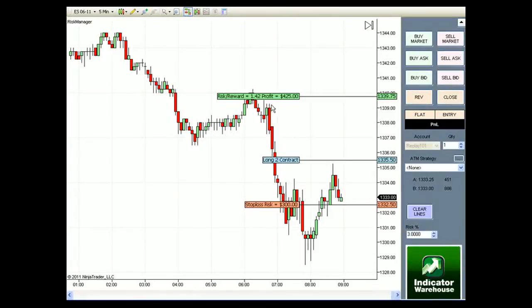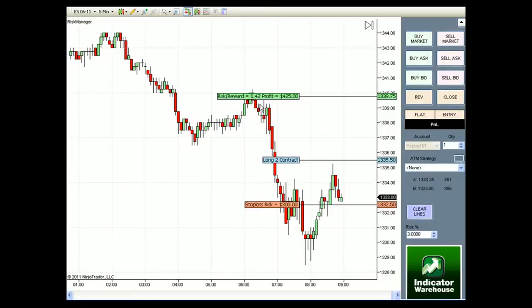So within a few clicks of the mouse, you can automatically see what your risk position is, what your optimal account or position size will be, and your risk reward ratio. In most cases, most traders like to see at least 2-to-1 risk reward, 3-to-1 being a more optimal number. This particular trade, the way we have it set up now, is only going to return about 1.5 times to